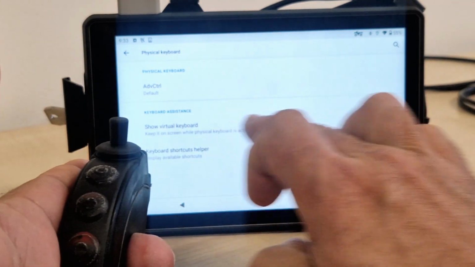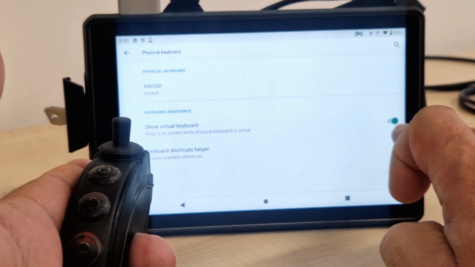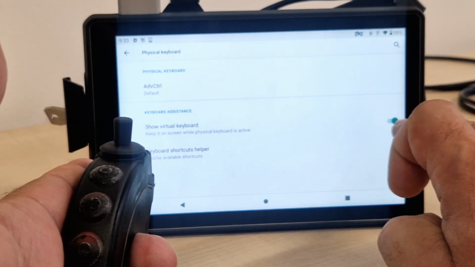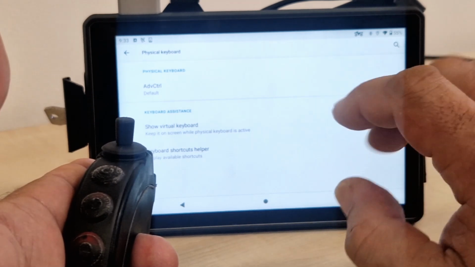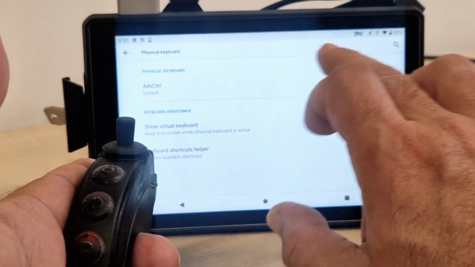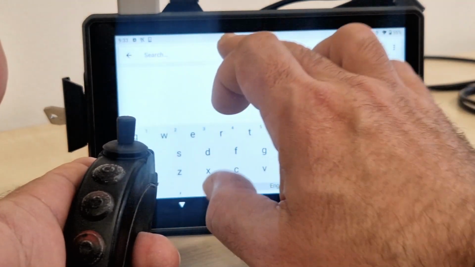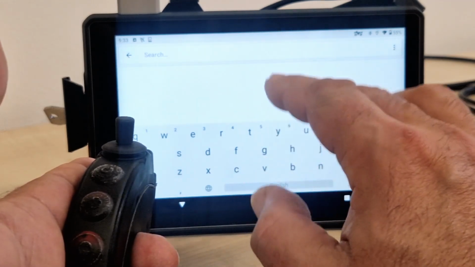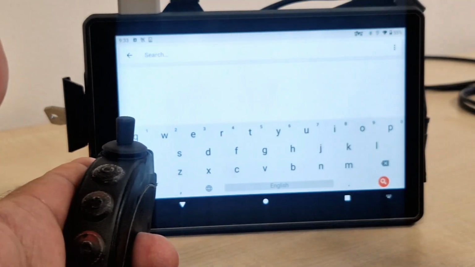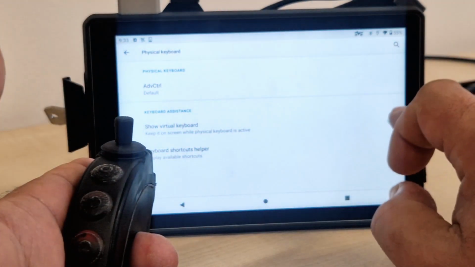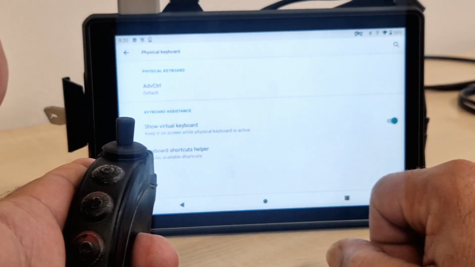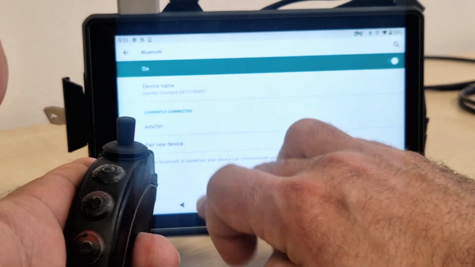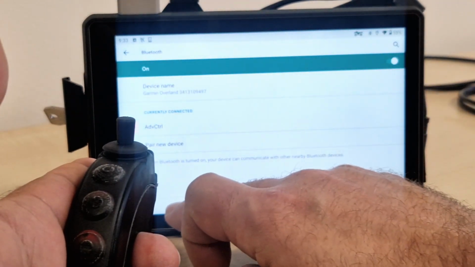Show virtual keyboard enabled. It's already enabled here. Make sure it's green like that. Otherwise, when you will want to start typing into a text field, like for search, this pop-up keyboard that you would be using for typing would not be showing, and you obviously need it to show. And you do it through this setting that's going to pop up when you connect the controller.